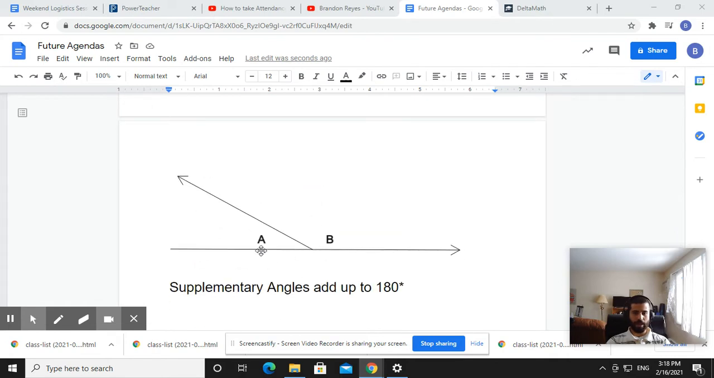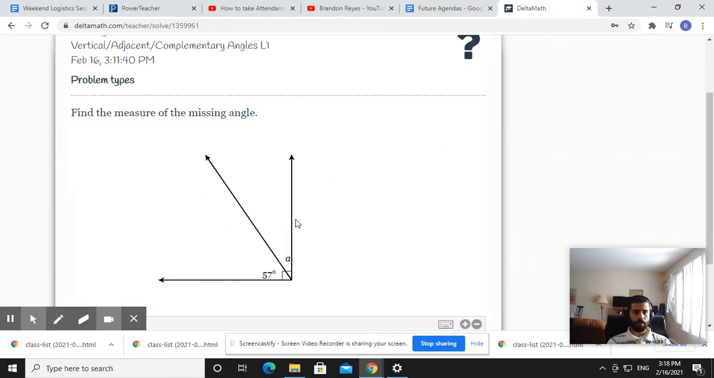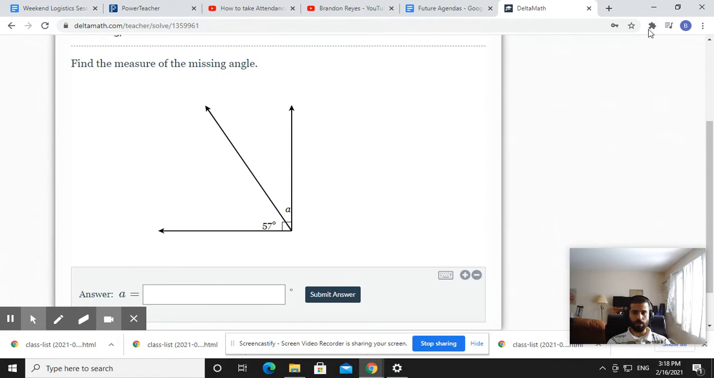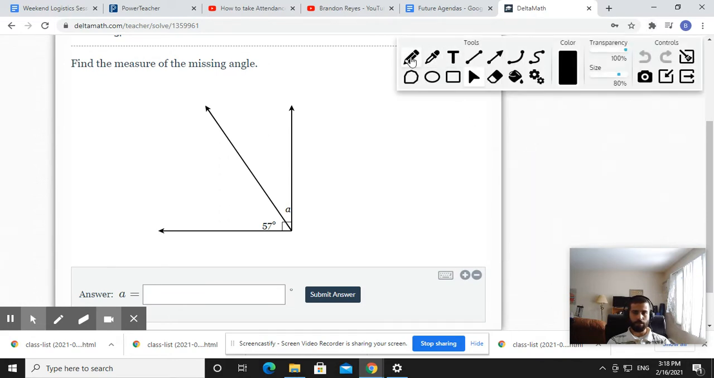Supplementary angles add up to 180. So if this were 45, this would have to be 135 because they need to add up to 180. Okay? So knowing that, and if you struggle with any of those, watch the videos just on those. They are in the help sheet today. Using those, we're going to figure out the missing angles in several different situations. And I'm just going to do a ton of examples for you guys because there are a lot of different